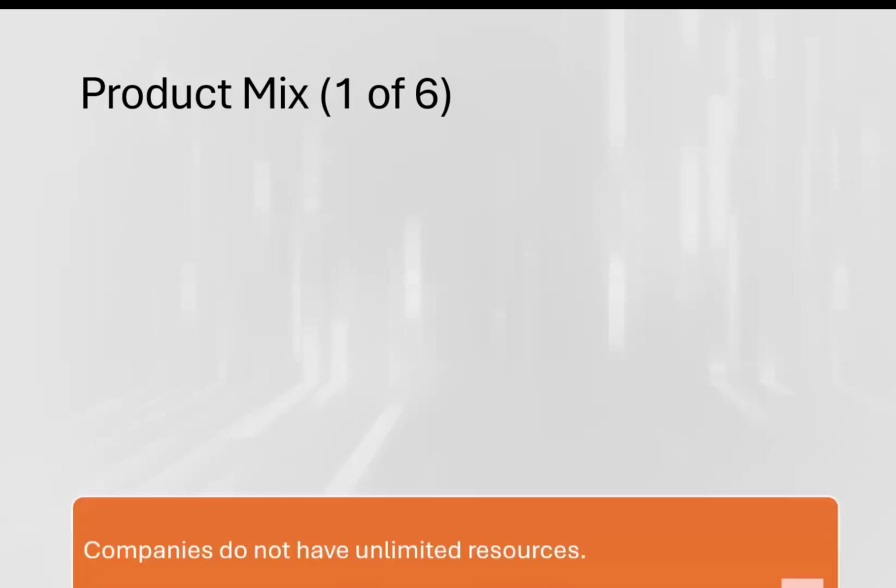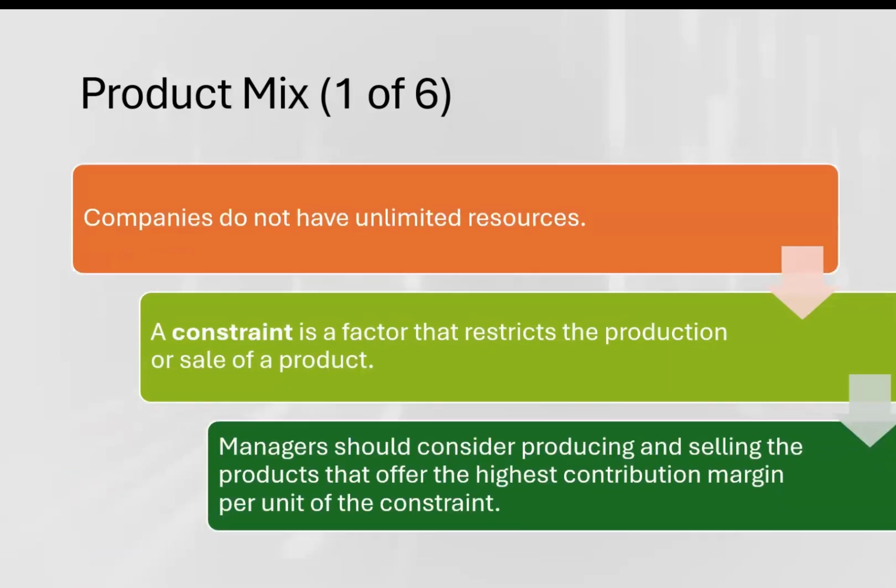Companies do not have unlimited resources. They have constraints that restrict production or sale of a product, and it can vary, okay? For a manufacturer like Smart Touch Learning, these constraints might include labor hours, machine hours, or available materials.